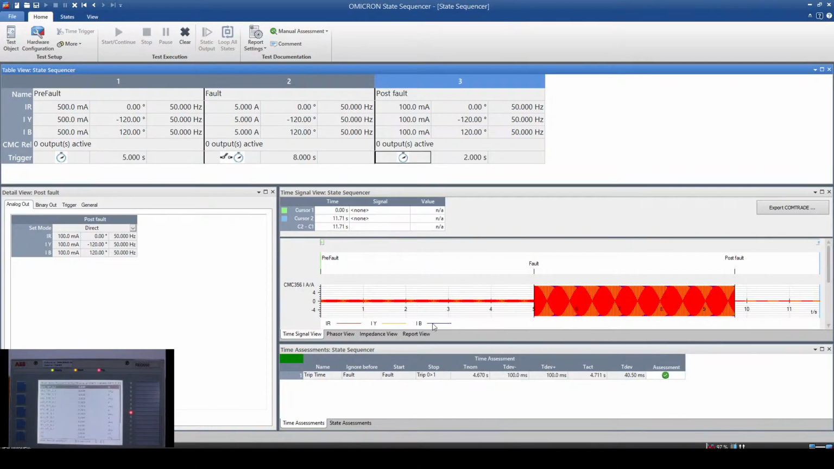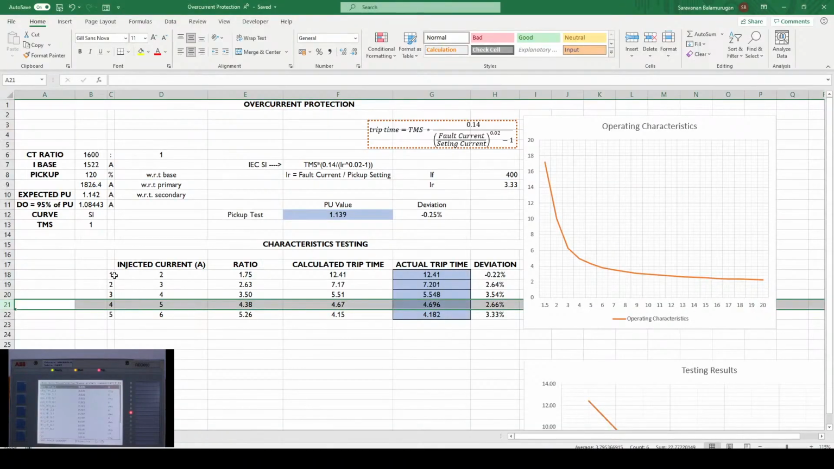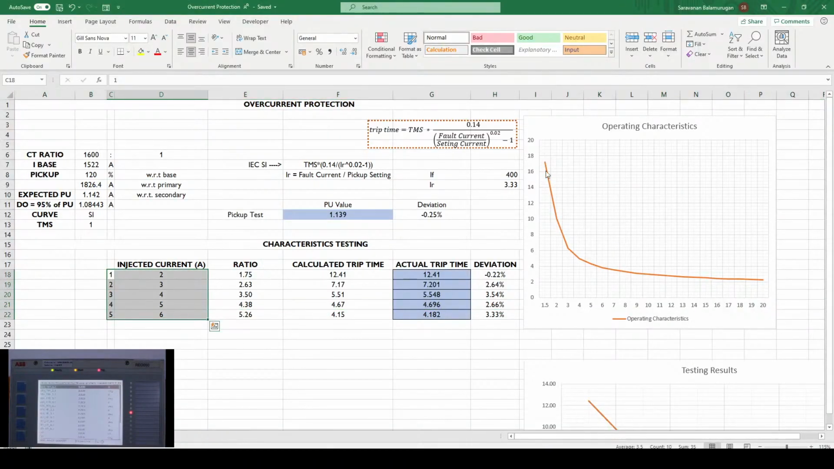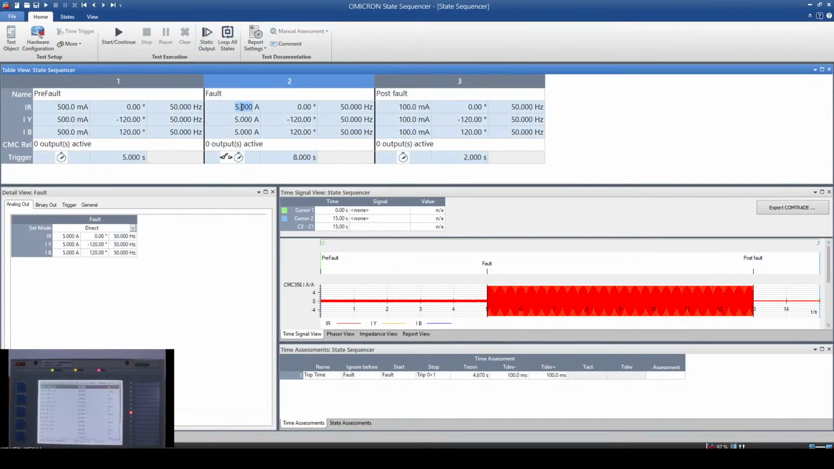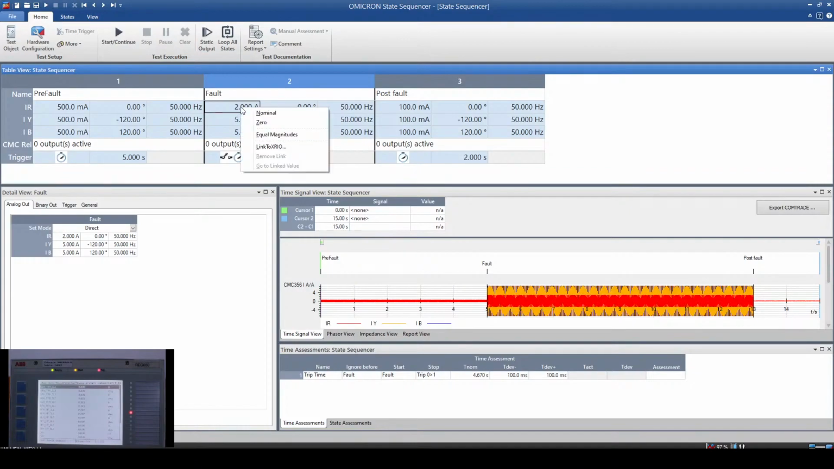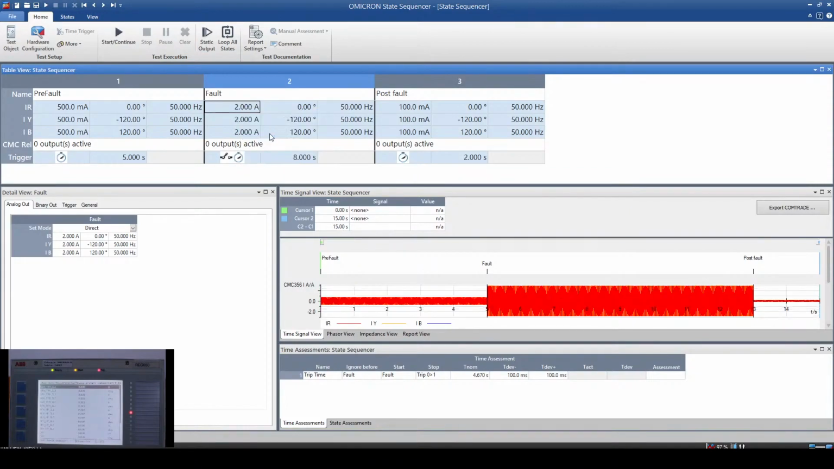Now this becomes very powerful when you want to do multiple tests. So generally, for a particular curve, we will be testing up to 5 test points, and we could create individual states for each type of fault. All I need to do is just clear this. So if I want to make it, let's say 2 amps, and I'm going to have 2 amps over here,